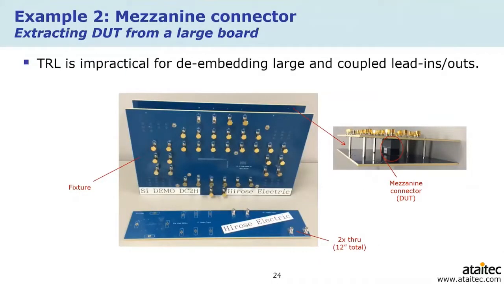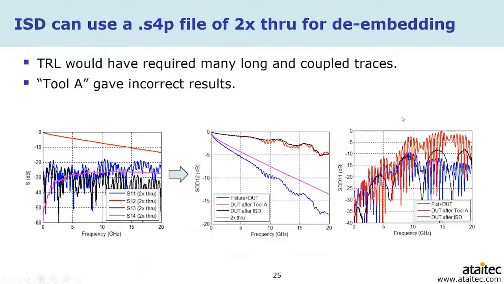Here's an example for the embedding from a large board. And for the sake of time, I'll just go through these slides very quickly, because we want to save time for demo and the Q&A. And so for the large board, again, we want to extract this DUT, a small mezzanine connector. And if you use other tools,